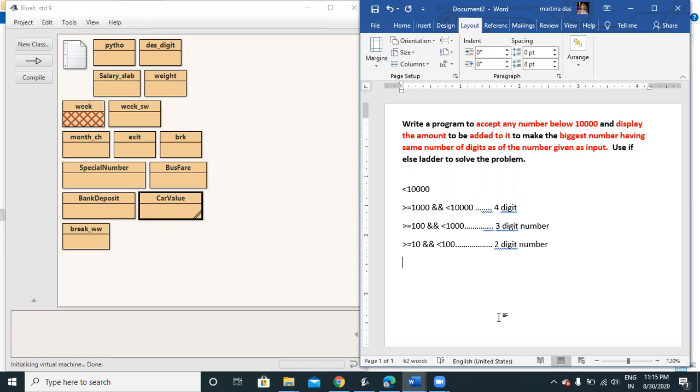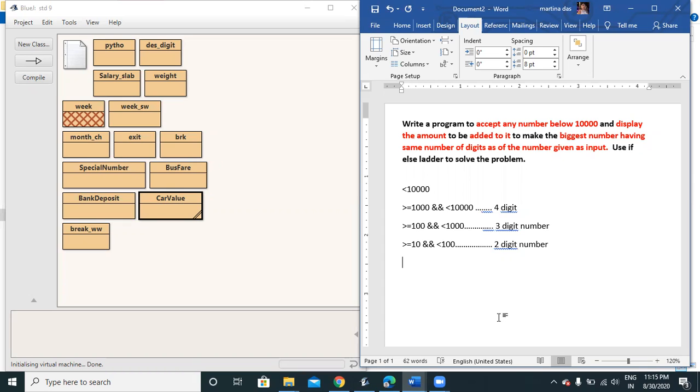Otherwise, you can mention greater than or equal to 0, and if the number is less than 10, then it is a 1-digit number. So this is my logic. The number that will be entered should lie within this range.